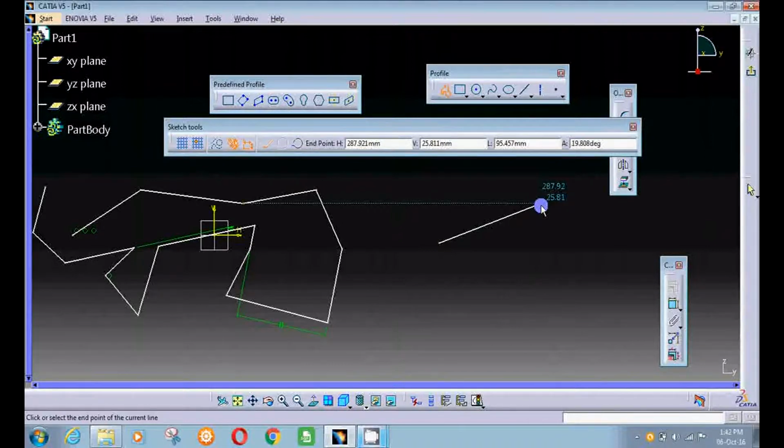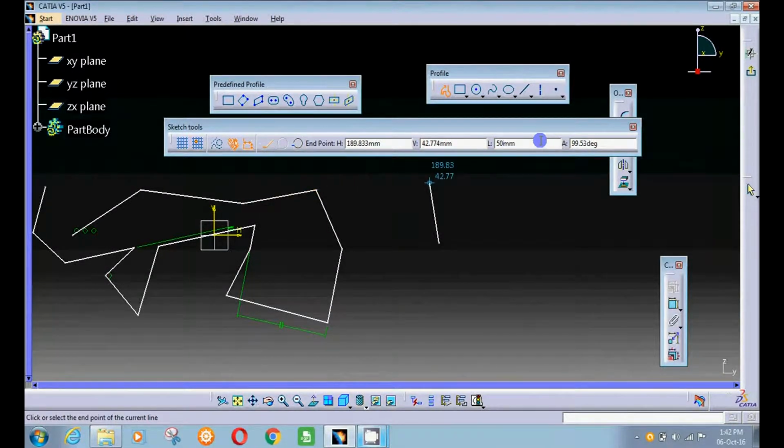When I give a point on the screen, it shows endpoint options: horizontal, vertical, length and angle. If I fill the length 50 and press Enter, then the line is 50 mm. If you also fill the angle, then it defines the angle in which you want to make this line, and you can give the direction with the help of the mouse.